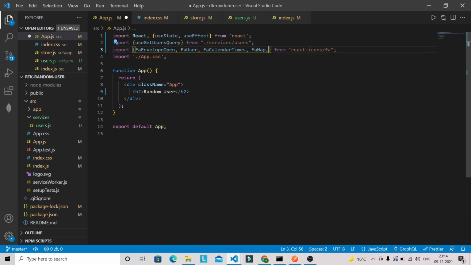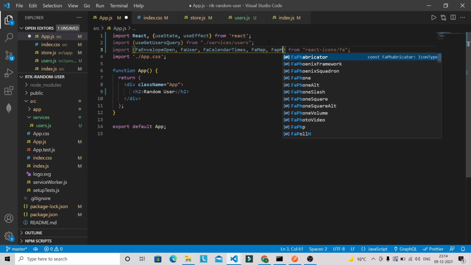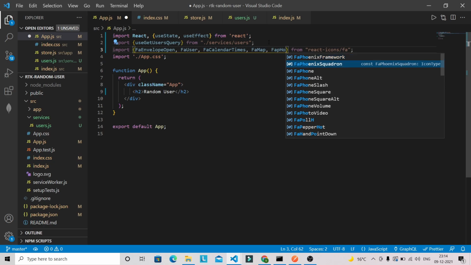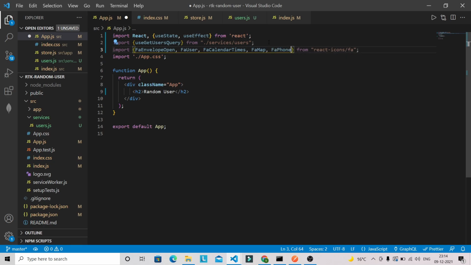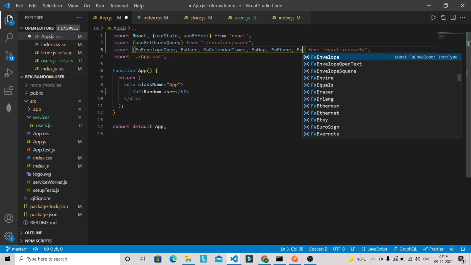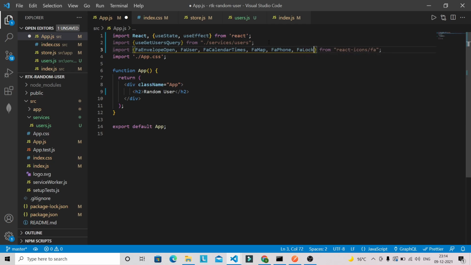Okay, FaPhone for displaying the contact detail for that particular user, and FaLock. That's it. So that much icon required now.